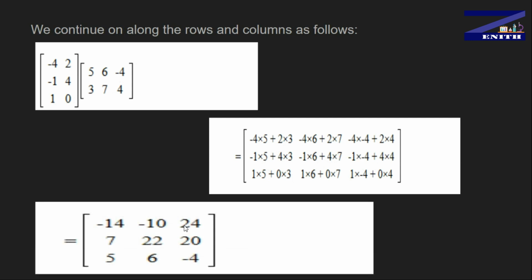So it means, guys, that you only have to do the basic things. You take a particular row of the first matrix and a particular column of the second matrix, multiply them, and after getting the multiplication you just add them. So in the end you are getting the product matrix as a result.